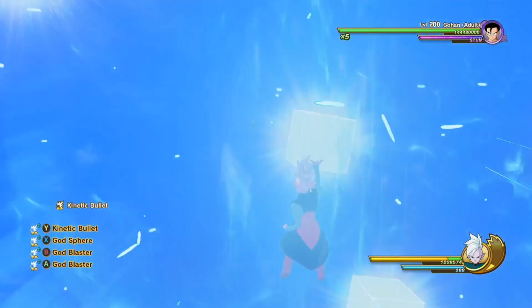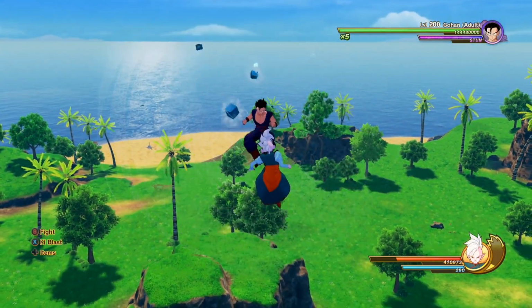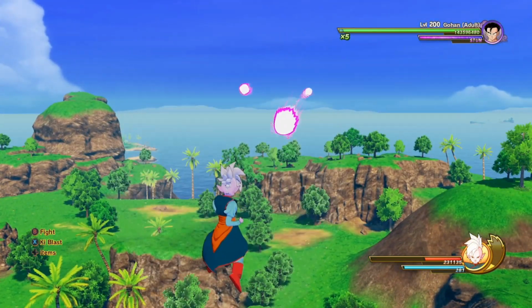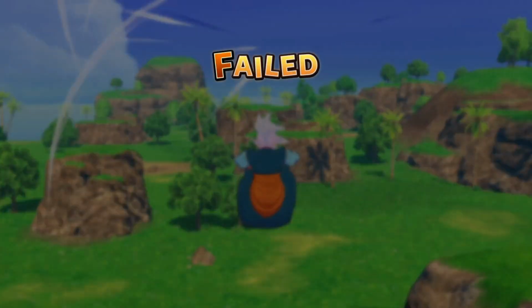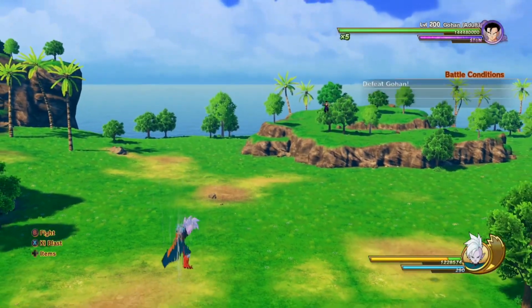But then we got Kinetic Bullet. And I actually like this because these were the things that he used to throw at Gohan when he was training with the sword, and he ended up breaking it, and the old Kai ended up coming out. So this guy is one of the ones that die very fast, so I just have to be careful to have enough time to display all of his moves. Okay, so we got the bullet,